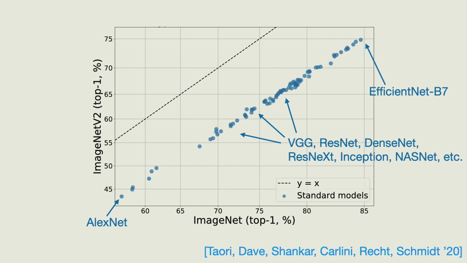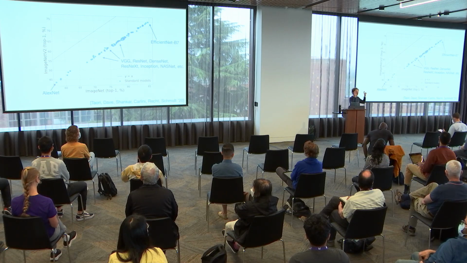So this is going to be the main type of plot we're going to look at in the talk today, so I'll go through it step by step. We have the x-axis here, which is ImageNet standard in-distribution accuracy. The y-axis is a distribution shift. Here we'll use ImageNet v2. Later we'll put the other distribution shifts on the y-axis. And then every blue point on this plot is one ImageNet model that people have introduced over the past 10 years just to do well on ImageNet. This is a really good baseline. We'll call these standard models.